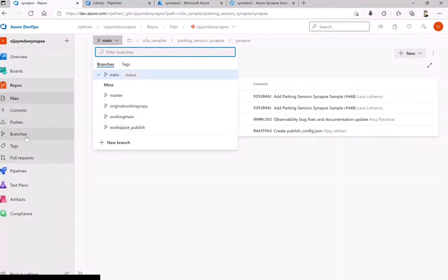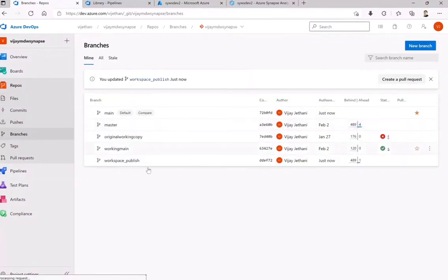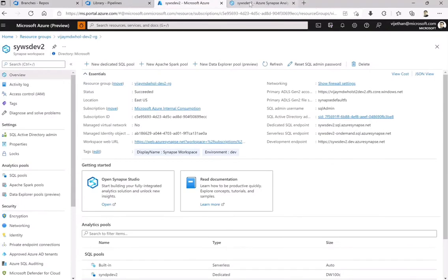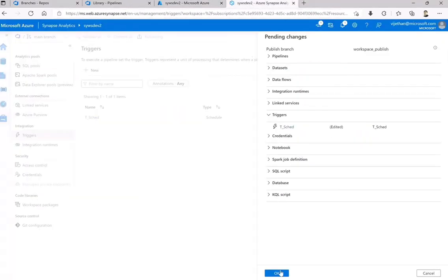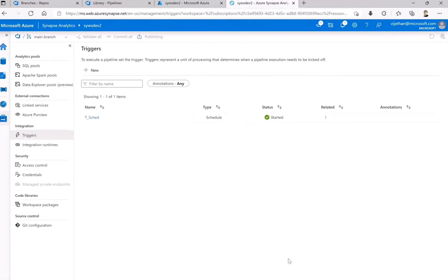Okay, so if you are in the branches, you can go and delete that particular branch, because what it did in the initial configuration was create that branch for me. Okay, similarly whatever comes through, it also updates that. I can show you, but if you want you can delete that as well. Either way will work for this. So now again, when I click, it is going to generate that ARM template and update that. I will show you that it updates that branch, and with that we create the ARM template now.